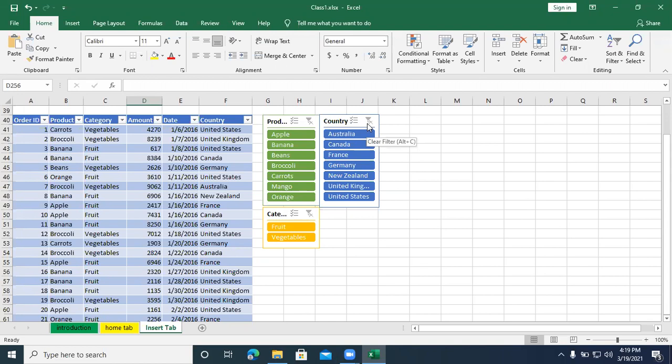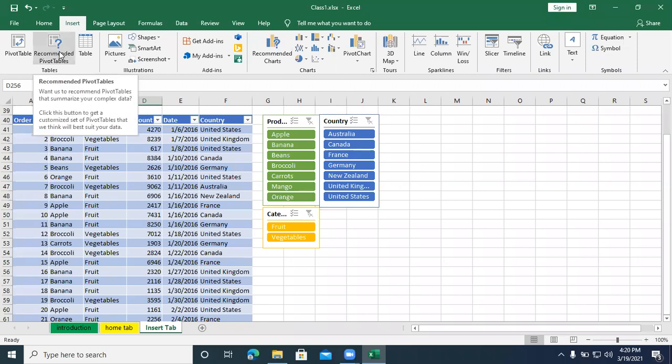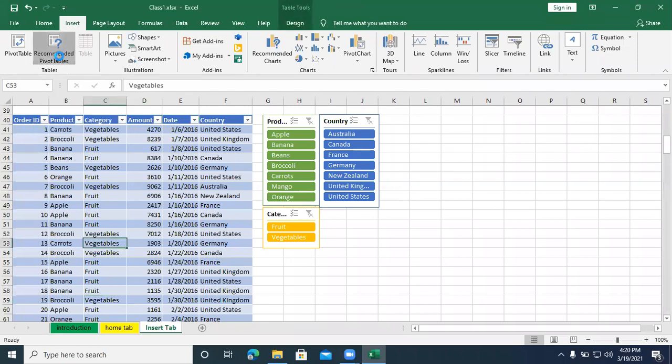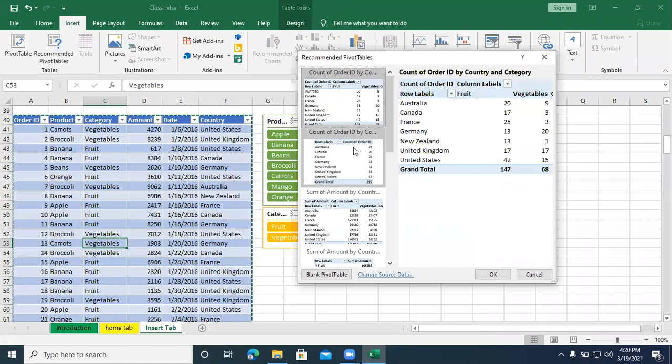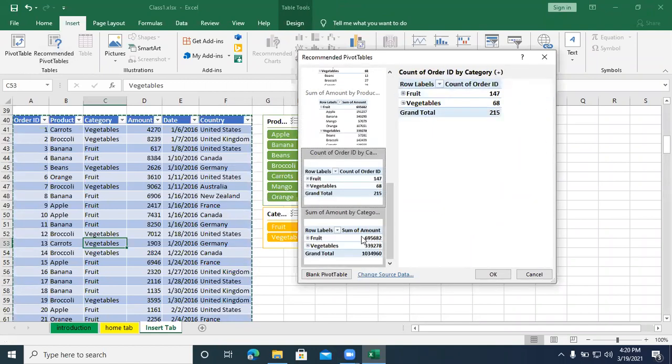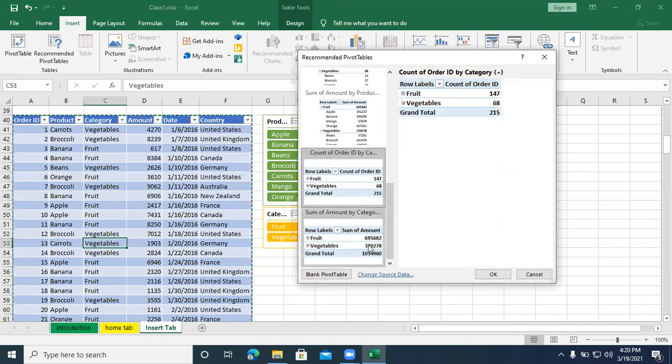So we have one more feature in our Excel called pivot table, where any complex data can be easily summarized with the help of the pivot table. I have one more option called recommended pivot table. This recommended pivot table will automatically display the formats of the table which the users require. See, multiple table formats are given. If you require this table, you can click and click OK. This is very easy. It is only recommending that users choose an already prepared table.